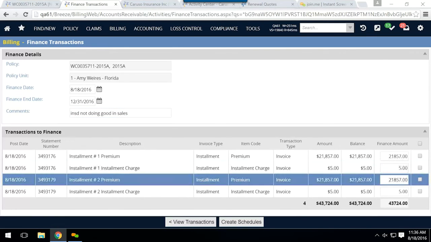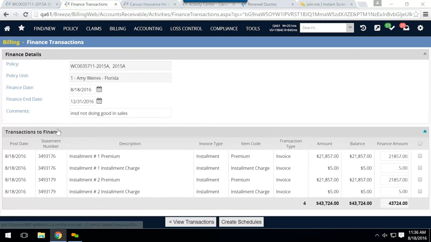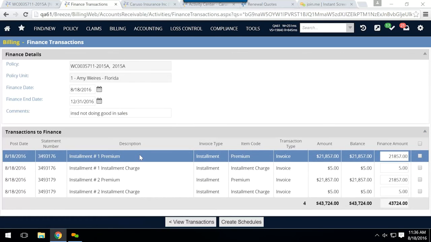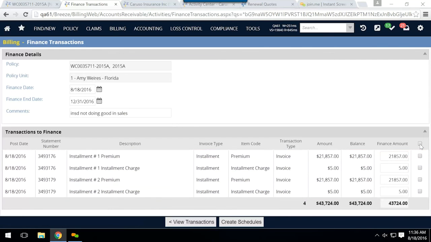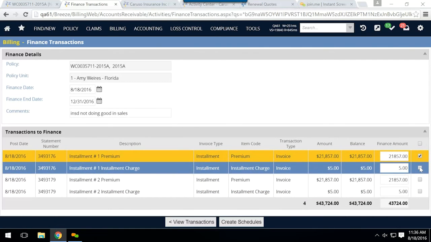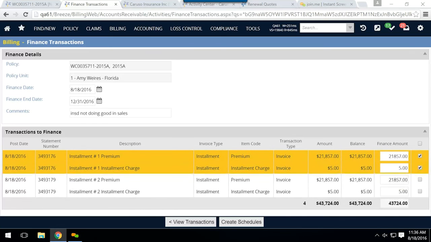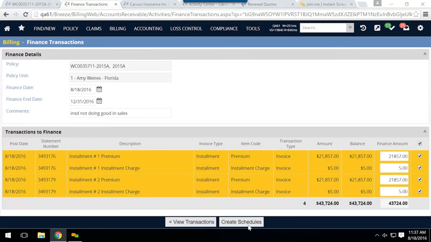So on this screen, you have all of the transactions, or the installments, that are currently available for financing. You can elect to select all of them by checking the box. Gold is your friend. It's checked all the rows, and then you can create a schedule, or you can opt to just finance one of the installments and the installment charge, and then do your create schedule. We're going to go ahead and opt to do all of them. You would just simply create your schedule,